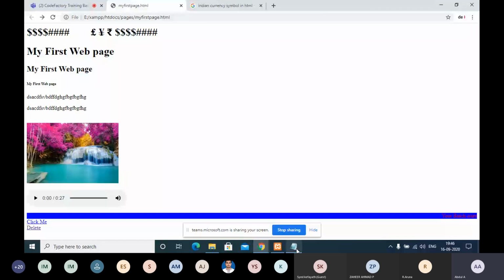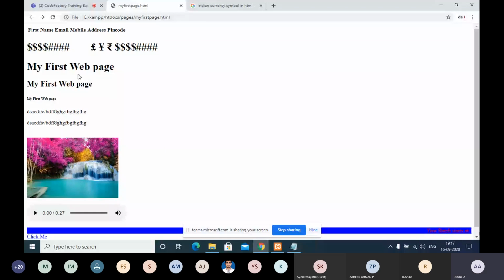Let's see what appears. First name, email, mobile are coming, but it is not aligned, right? So for that, we can add some table borders.